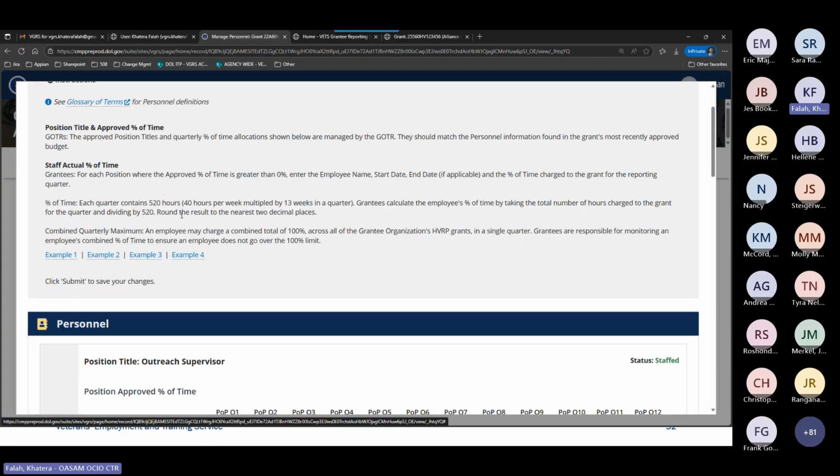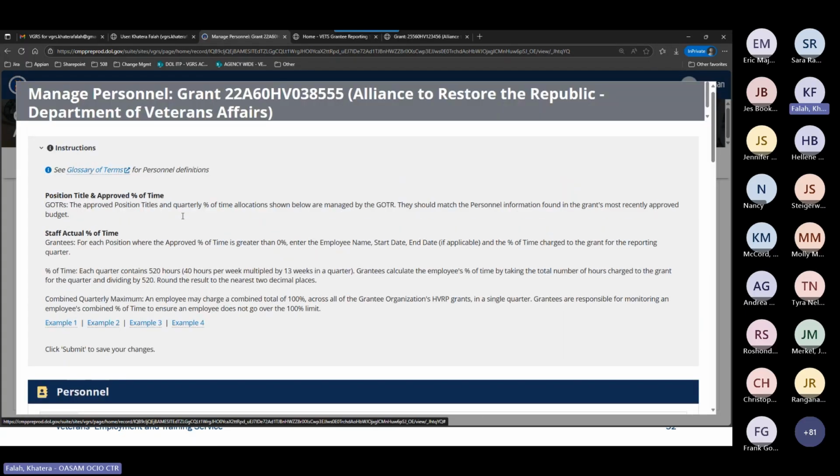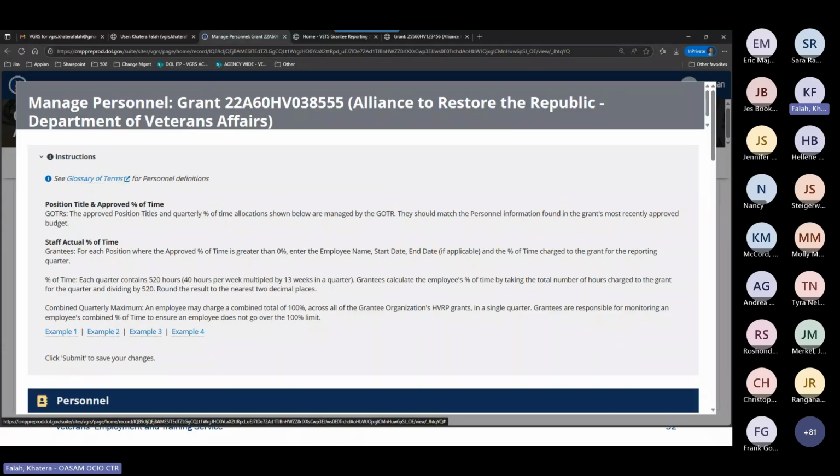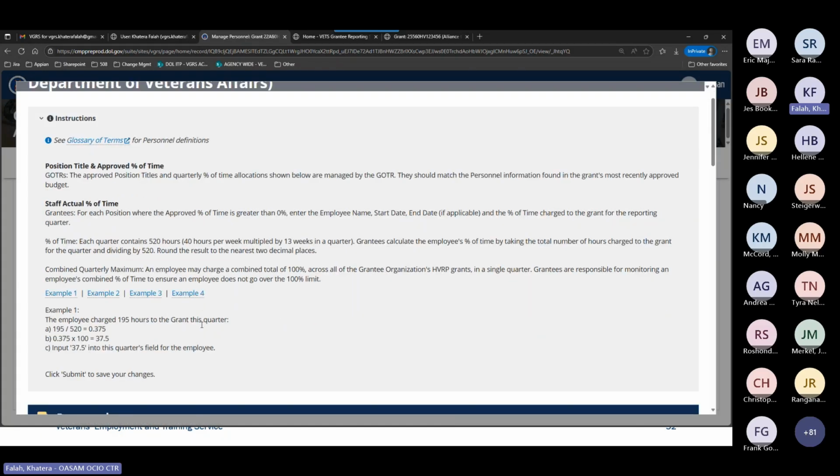But I do advise that when you go into the system for the first time and you're updating your personnel module, you read this. This is pretty great, and the examples we provide are pretty great as well. If you can't figure it out yourself, it's whatever hours the employee charged in that quarter divided by 520, which gives you a decimal, and you multiply it by 100, and that number is